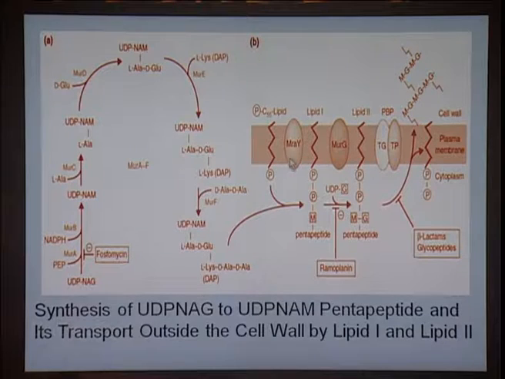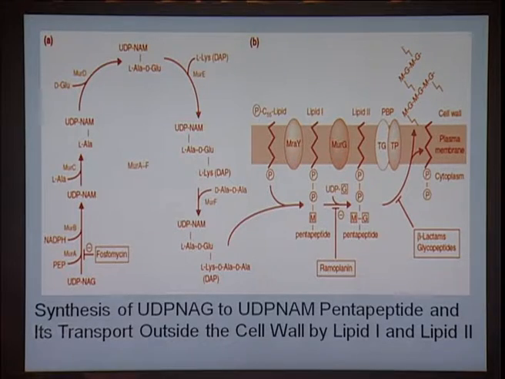You can see the formation of this sugar protein residue is being formed inside and it is transported outside by MraY, and finally the MurG is involved in the formation of the lipid 2. And then finally, when it is transported out, there are two important components, namely the TG and TP, which are the two components of the penicillin binding protein or PBP, which is involved in the transfer of this cell wall residue outside the plasma membrane into the outer surface of the plasma membrane, producing the cell wall. So, this is the most important step where the unit is produced inside and is transported outside.